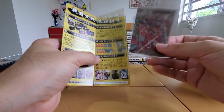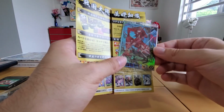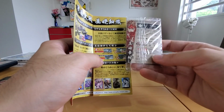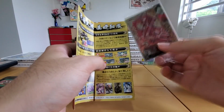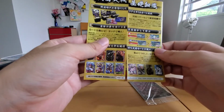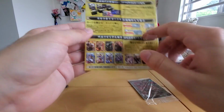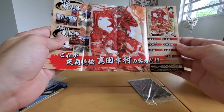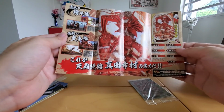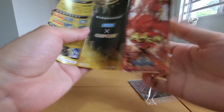Oh, there's like a card in here. Interesting. It's upside down. That's cool, I guess. This looks like a very generic game card that I'm sure never really took off. Well, there's some more there. There's some information on it, looks like. I mean, the art's kind of cool. And then...